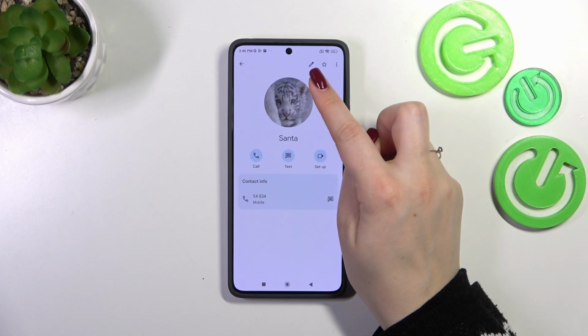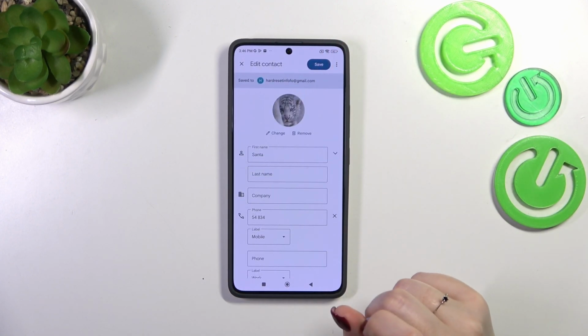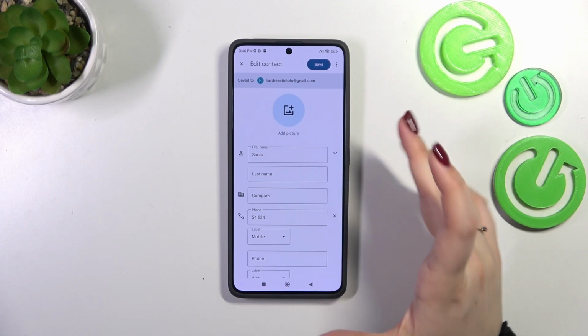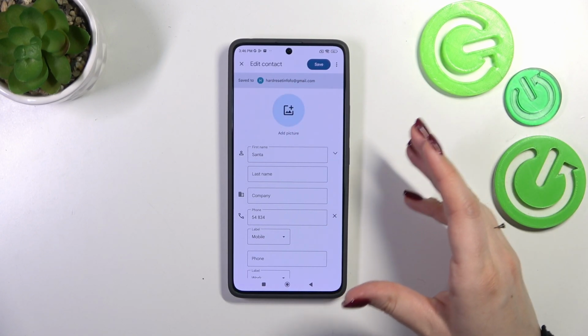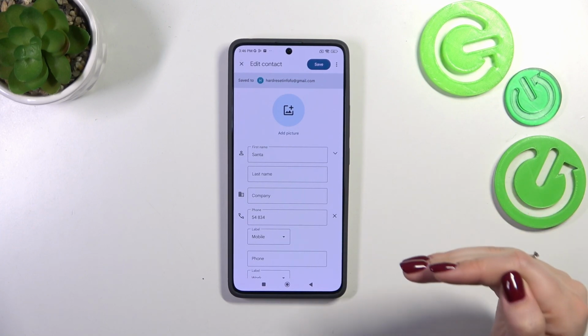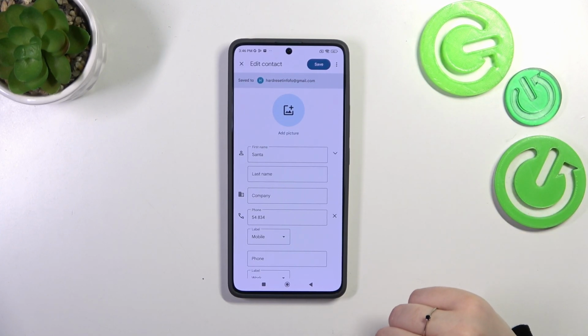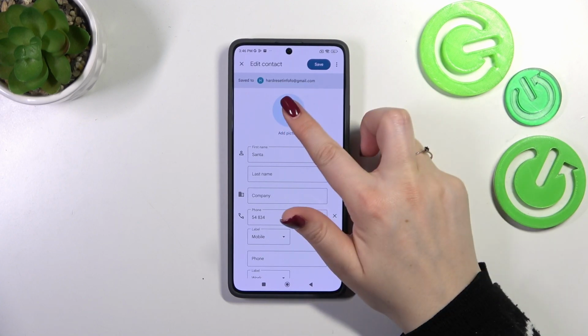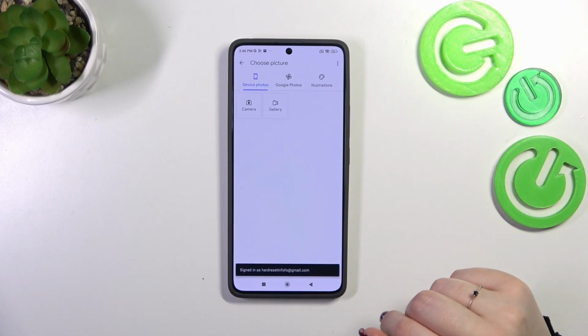Then we have to tap on this edit icon in the right upper corner, so the pencil icon, and let me quickly remove the photo. So basically this is what you will see after entering the contact without any kind of photo attached. So all we have to do now is to tap on add picture or simply this circle, this icon, and